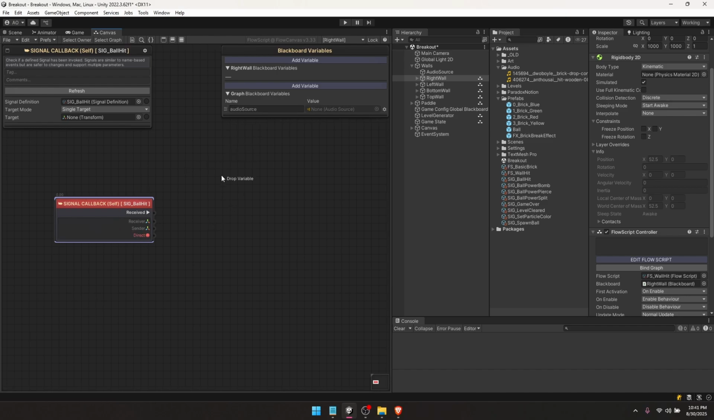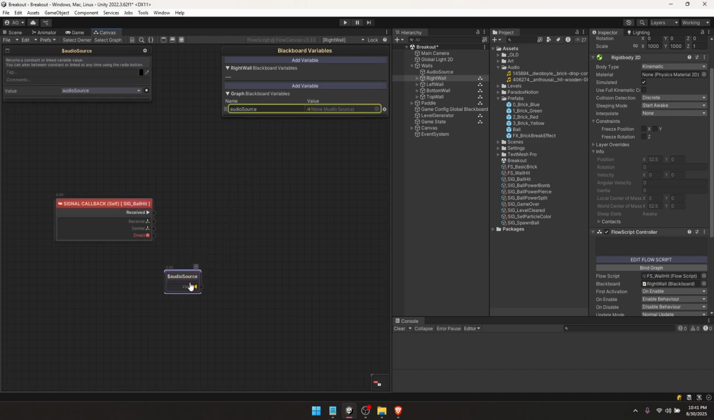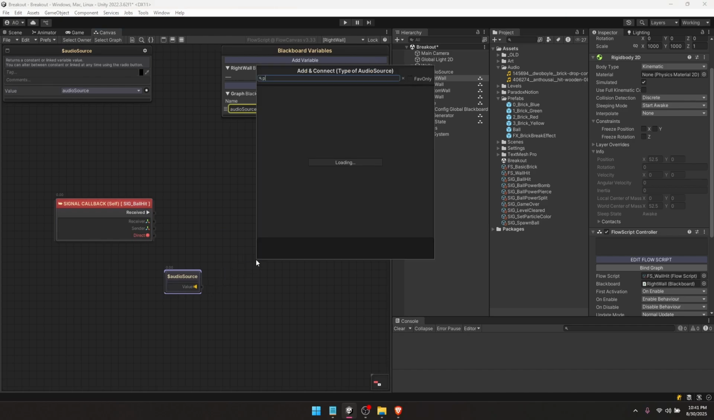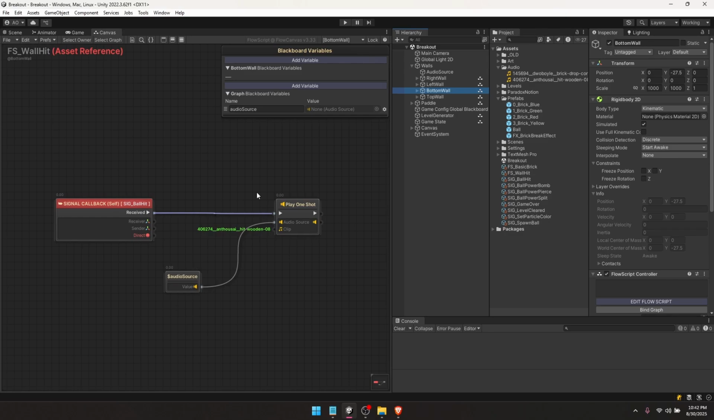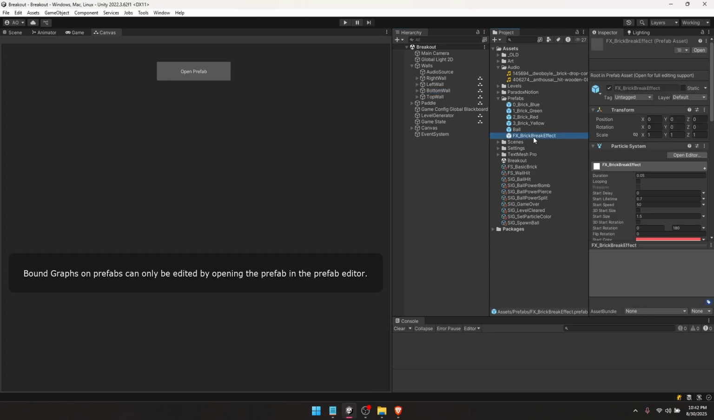Now we already have this variable here, so we can just get our audio source, drag out, and do play one shot, and drag in the clip we want to use, like that, and just connect that up. Now we also want to do that pitch variation, so let's go into our FX break effect,